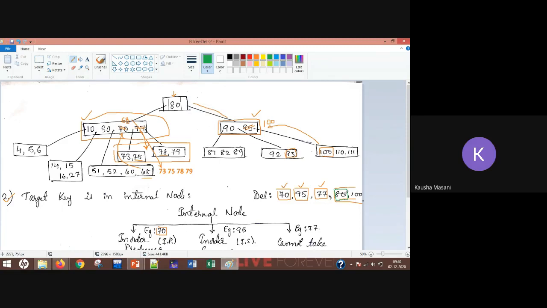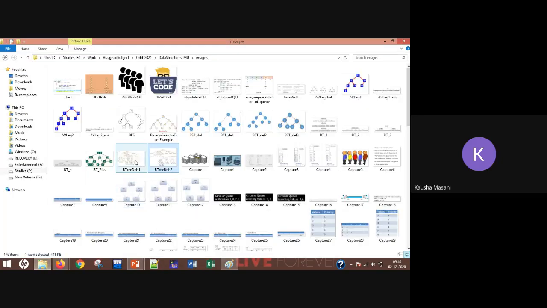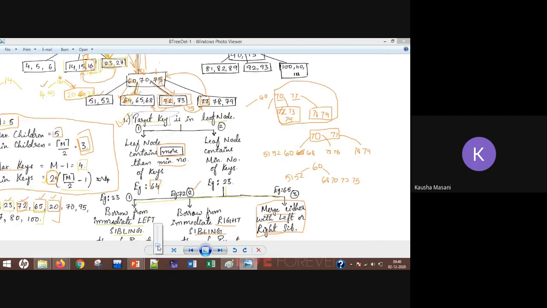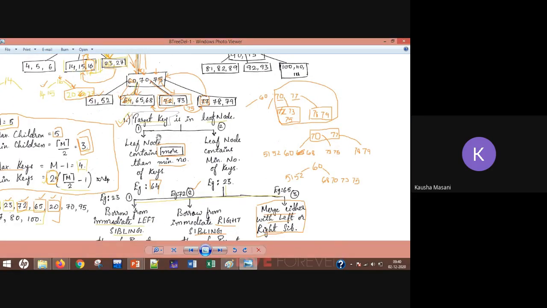Just for your revision, there can be two cases in the B tree. The first case is that the target key, that means the element which you need to delete, is in a leaf node. For a leaf node there are separate rules. You check the leaf node containing the target key: does it have more than the minimum number of keys?